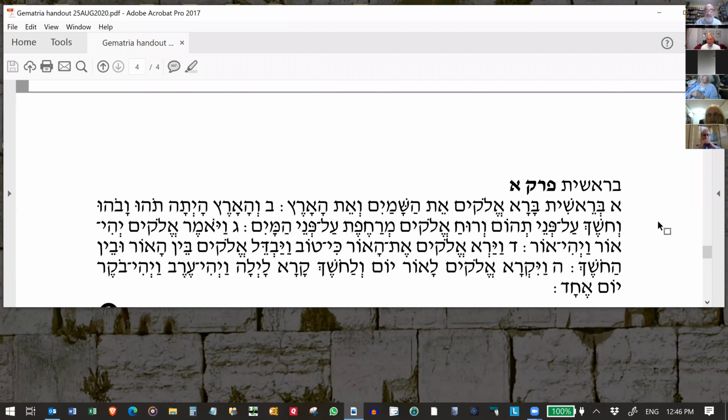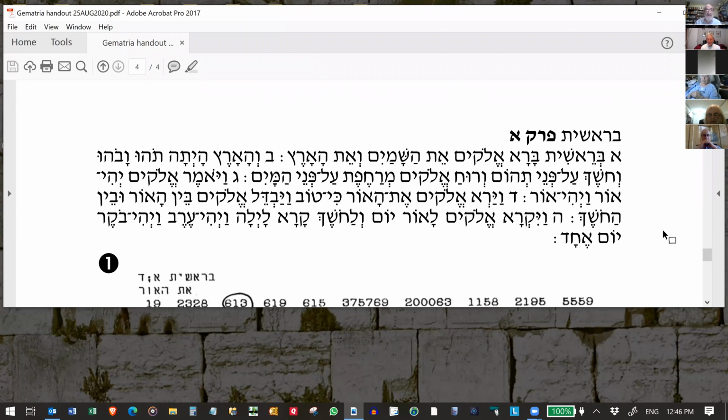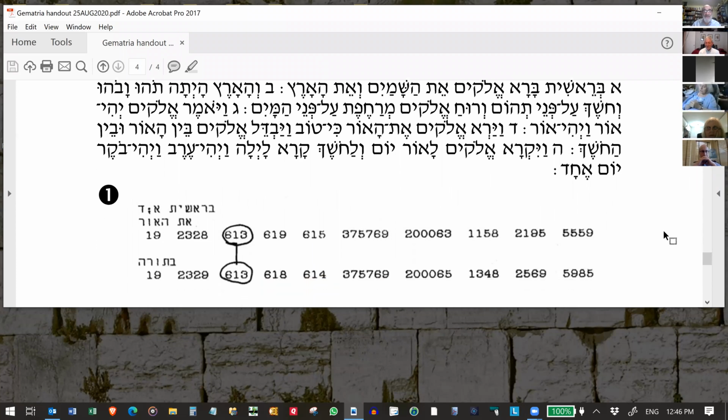So the first one's pretty nice, okay? We actually talked about it. The first one is this, and this is actually the printout that came, not the circles. The circles is what I drew by hand. Okay, the printout came from Bereshis, Perek Aleph, Pasuk Daled, what we have up here. Vayar, I have it right here. Vayar Elokim. Wait a minute, are you seeing my screen?